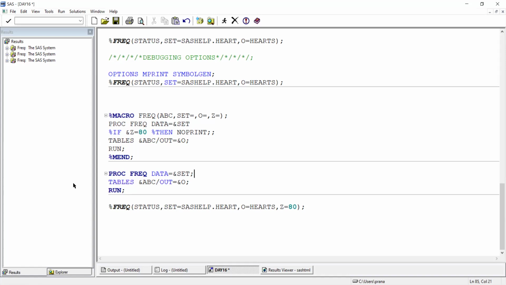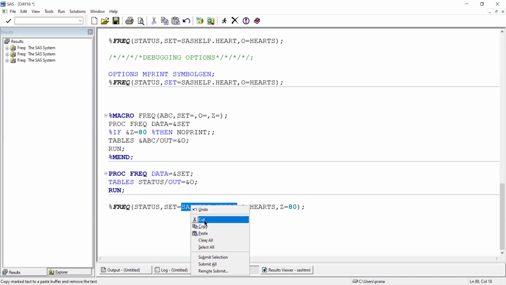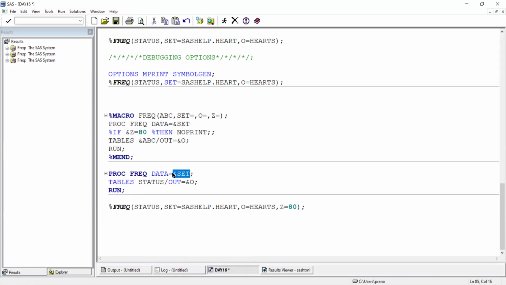For code, right? Here ampersand ABC was replaced with status. This ampersand set was replaced with title mod art. This art was replaced with ampersand. So now if this condition is true, so suppose in the z macro variable the value is 80, then